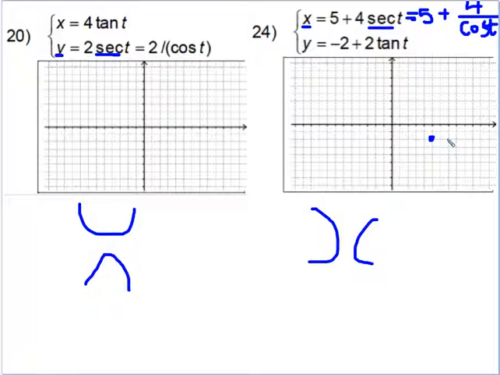So I'm going to go 1, 2, 3, 4, and I know that my vertex is going to be right there. Okay, and then I go this way 4, 1, 2, 3, 4, and I find this vertex is over here. And then I need to know basically how wide it's going to be. And so the corner of my box, remember your boxes,